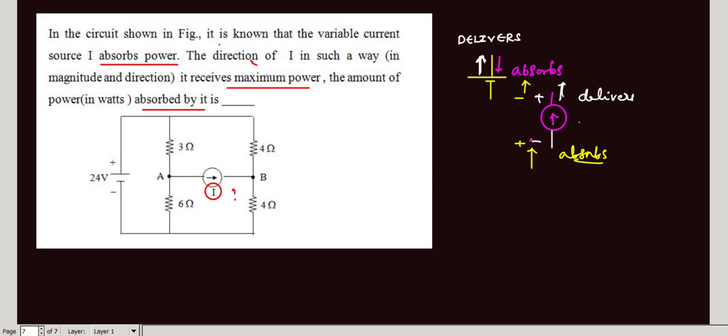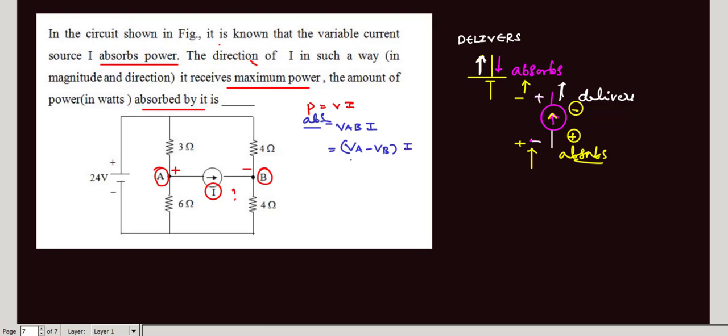So you can see here, if I place the minus sign under the arrow and the plus sign at the other end, it absorbs power. So from this, this will be the plus and this will be the minus. Let this node voltage be VA and this node voltage be VB. Finally he asked the power absorbed by this element. The power absorbed formula is power equal to V into I. The voltage across that element is VAB, so power is VAB into I, where VAB equals VA minus VB.